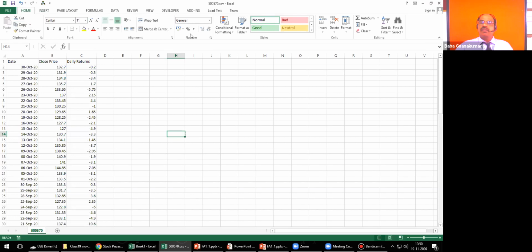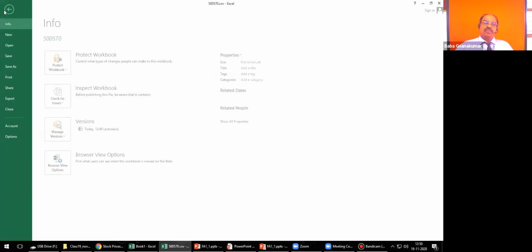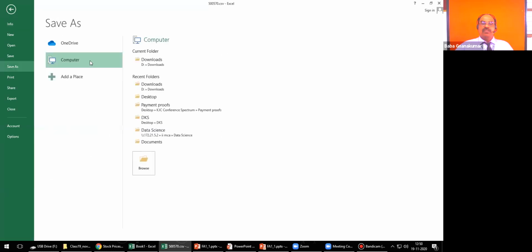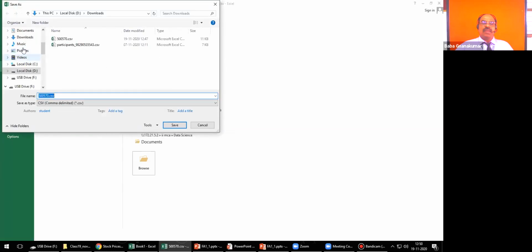So this file should be in Excel. You can once again verify whether it is in Excel or in CSV format, because some systems may process CSV directly. So better you verify whether you have saved it as an Excel file. That is why I'm telling you, because you should be very clear.